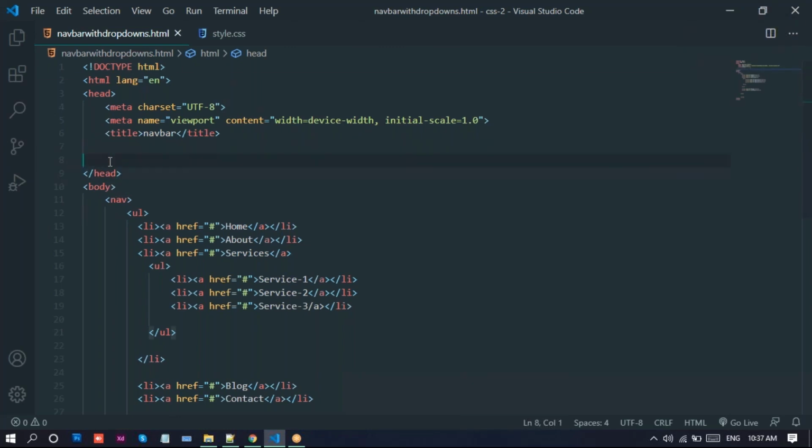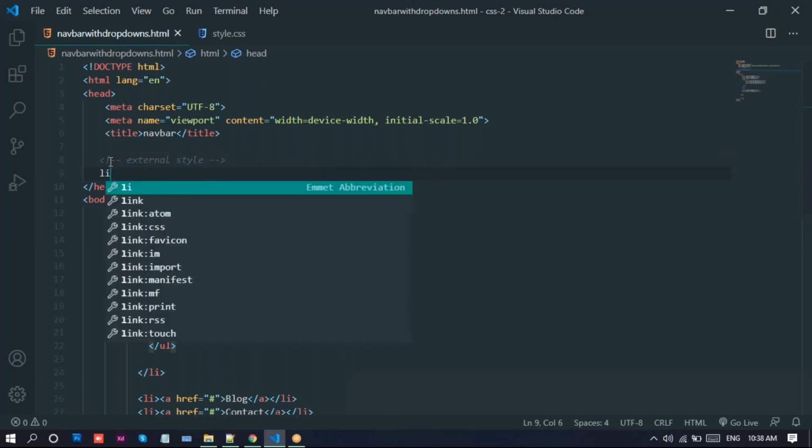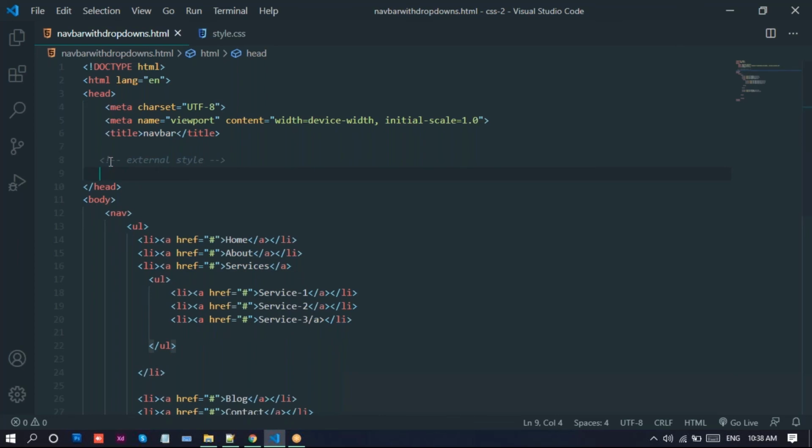Now you need to link this one. Link, sorry. Here we provide style.css.